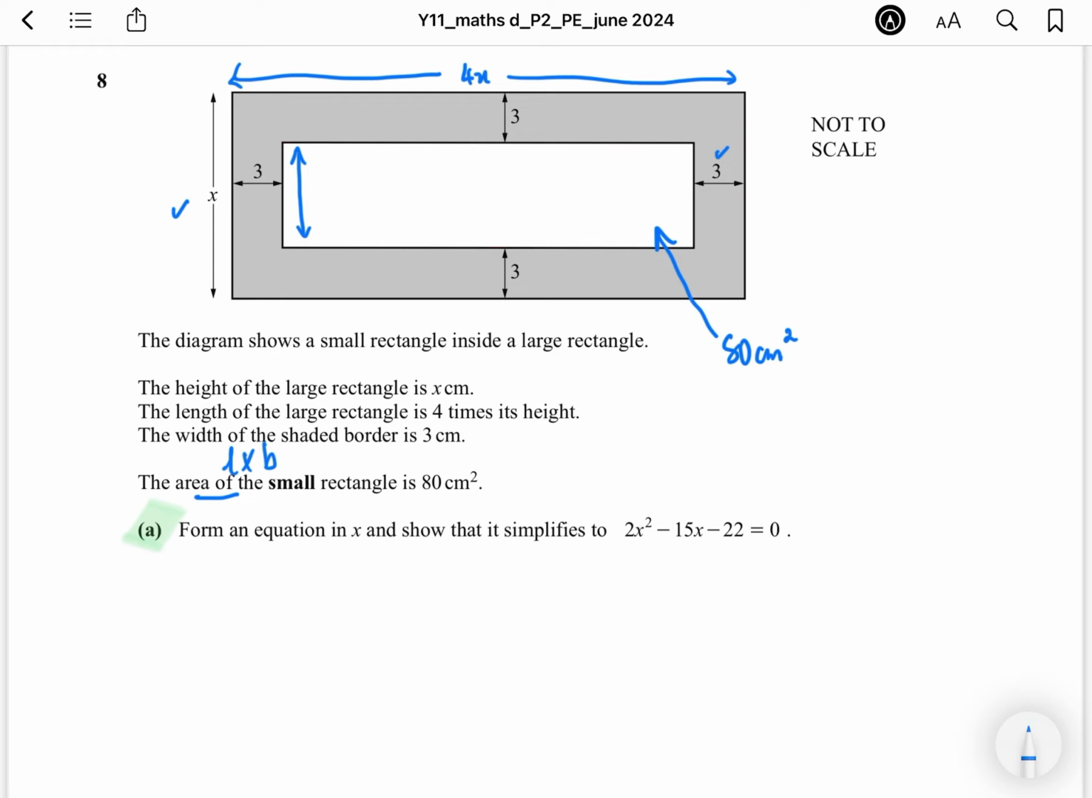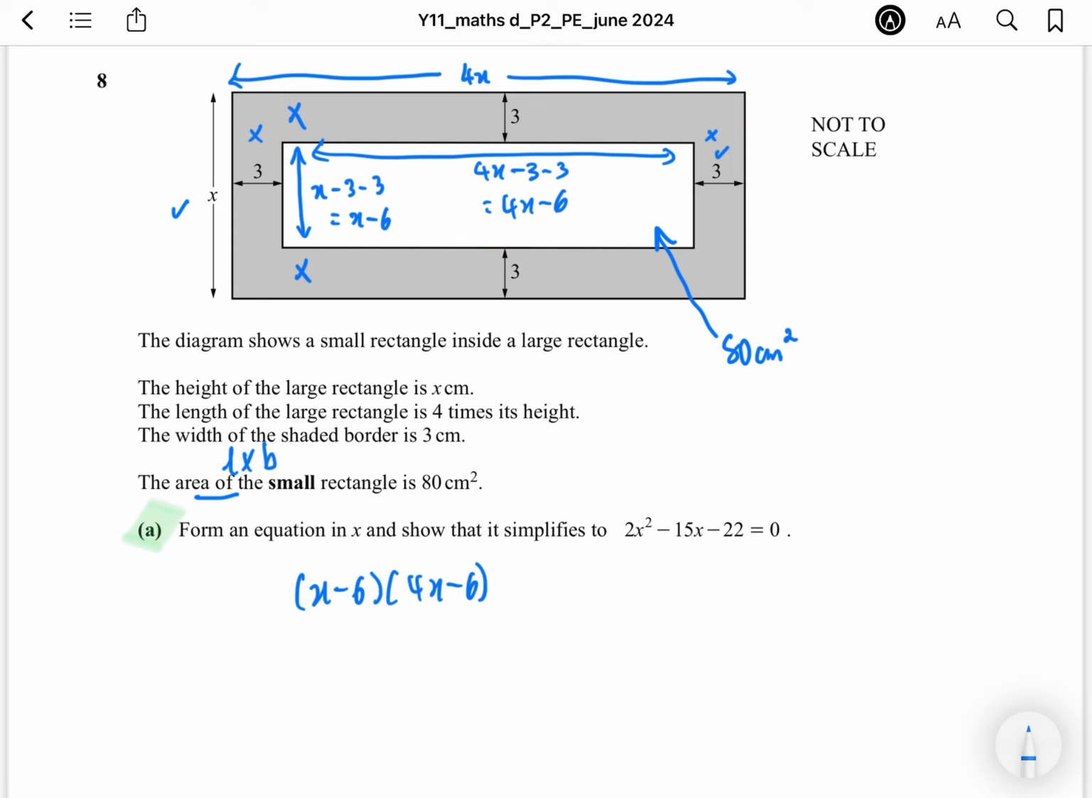So this one, the whole thing is x minus 3 minus 3. So subtract here, subtract here. Okay, that is x minus 6. Similarly with the length here, that is 4x minus 3 here, minus 3 here. So 4x minus 6. So that means x minus 6 times 4x minus 6, length times breadth, is equal to